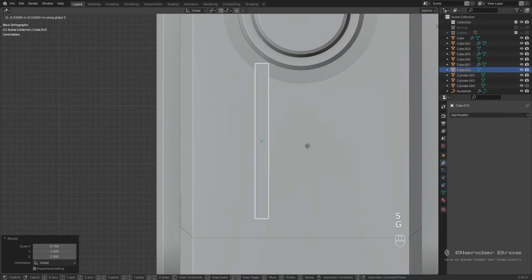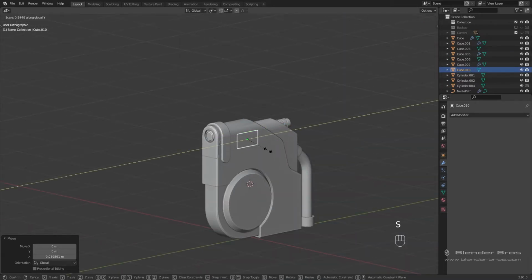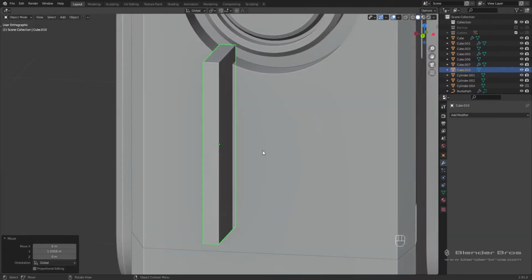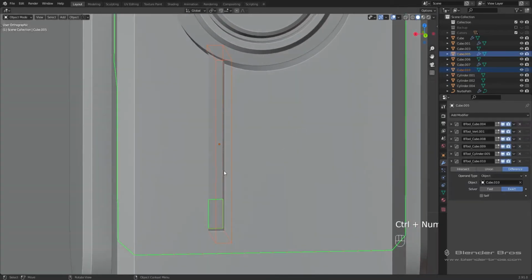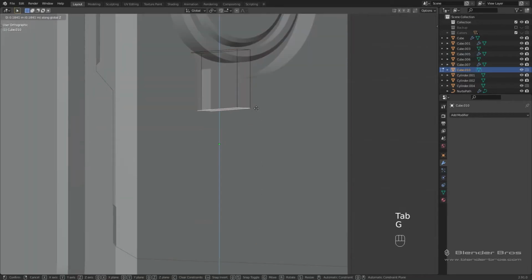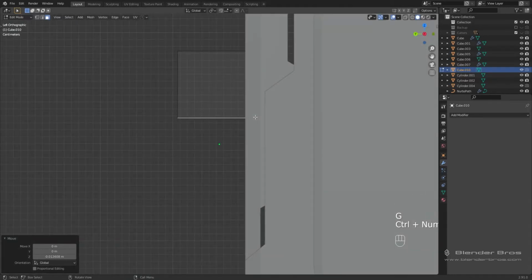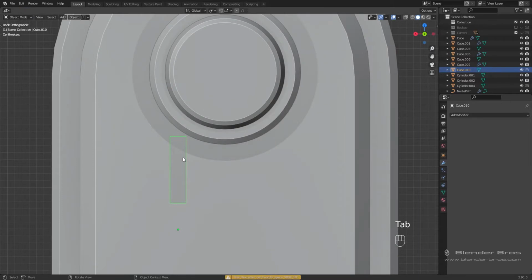Bit more, and geez, this is really extended. Okay, that looks good to me. So what I'm going to do is shift click and run a difference boolean. Now we're obviously going to want this to be somewhat accurate in terms of where it's presented, so I could duplicate this and move it. Maybe go back here. So I could duplicate and just kind of guess where this is going to be,